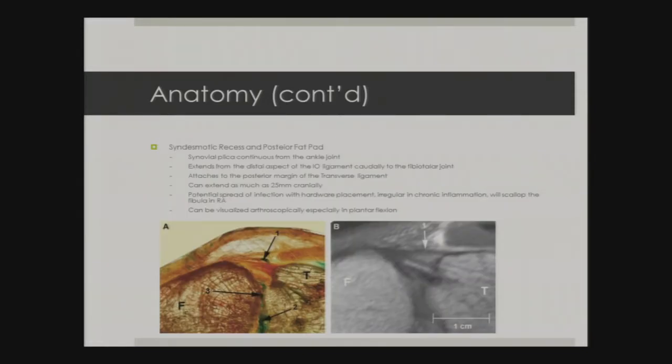So the syndesmotic recess is the next portion of the syndesmosis that I want to talk about. It also contains something called the posterior fat pad. It's a synovial plica that extends from the ankle joint. It extends from the distalmost aspect of the interosseous ligament, and then it extends up cranially towards the tibiotalar joint. It attaches to the posterior margin of the inferior transverse ligament, and it can extend as much as 25 millimeters